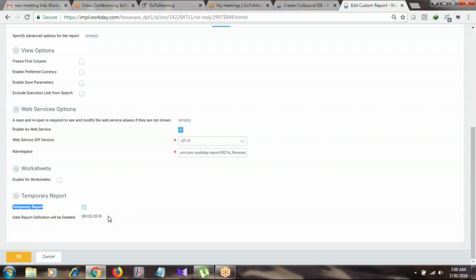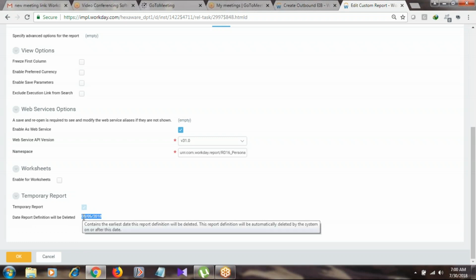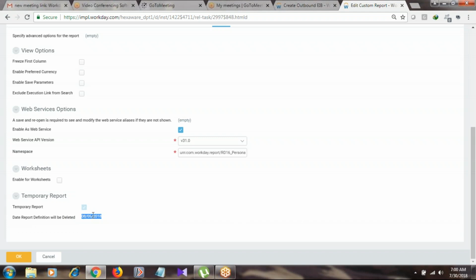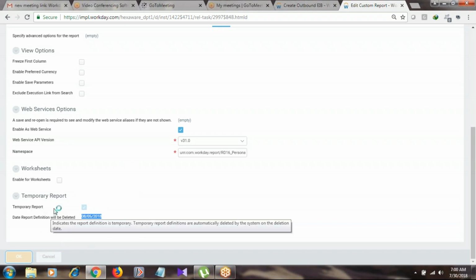As a temporary solution, I copied the old one and extended the expiry date again till 8/5/2018, because it expired yesterday. I extended it by copying this custom report into a new name and saving it. That is the reason I'm doing all this, since it's a temporary report.